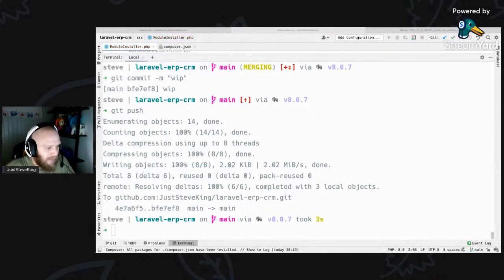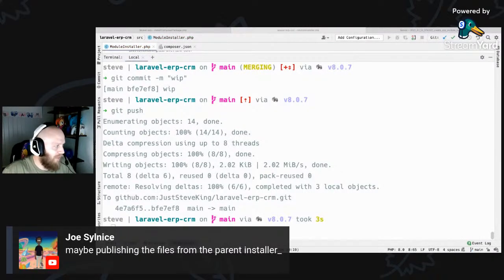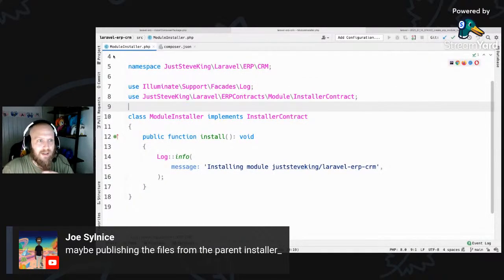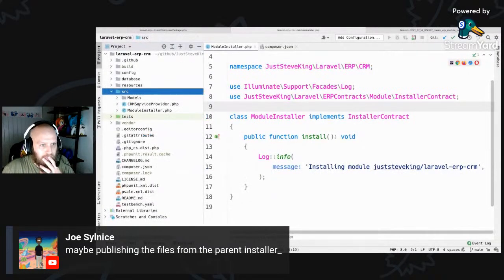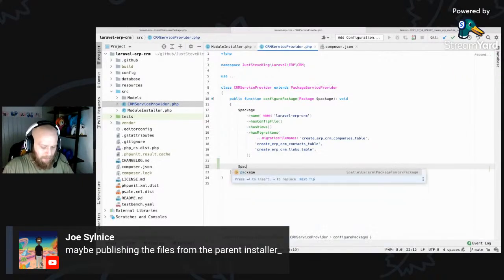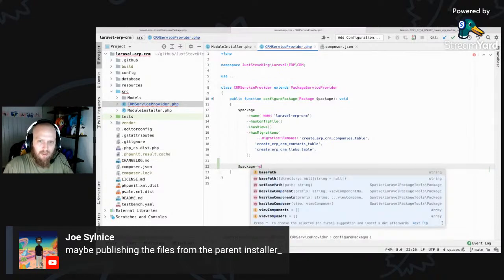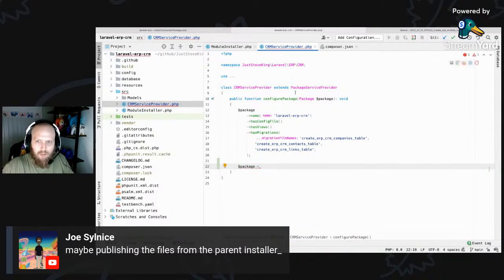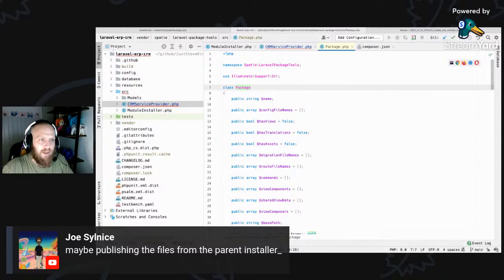Yeah, that's what I was actually, Joe, that's literally what I was just thinking. Publishing the file from the parent installer. It might be something that we have to do in the service provider here. I don't know whether Freak could tell us anything about how it can auto do anything. Can we say package publish, or have they got any methods on it that will allow us to